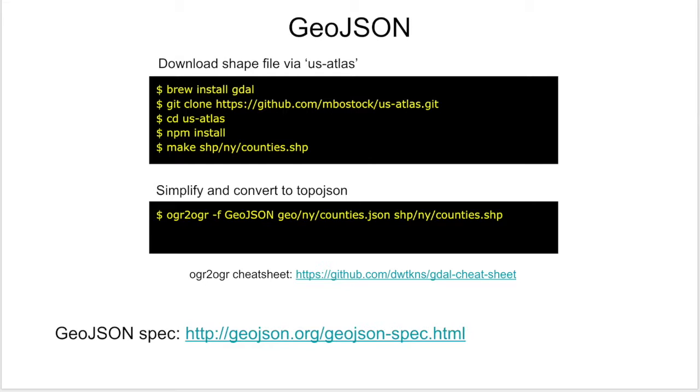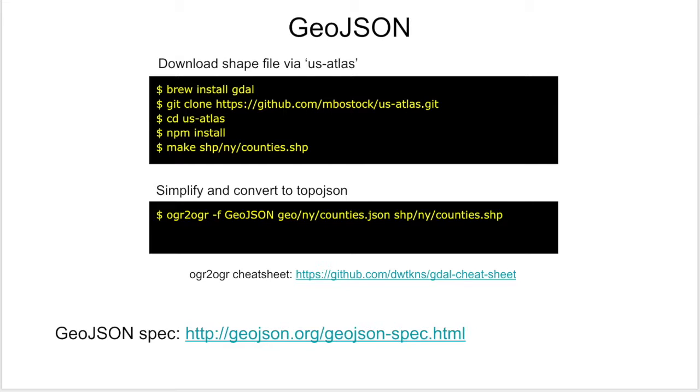GeoJSON was really the first kind of standard. It actually only a couple of weeks ago became an IETF standard, which is interesting; I think it took a long time. But the files that you get from GeoJSON are very vague and very verbose at the same time. Maybe the better word is abstract. Everything is within this thing called a feature collection. I don't want to kill the definition of GeoJSON, but